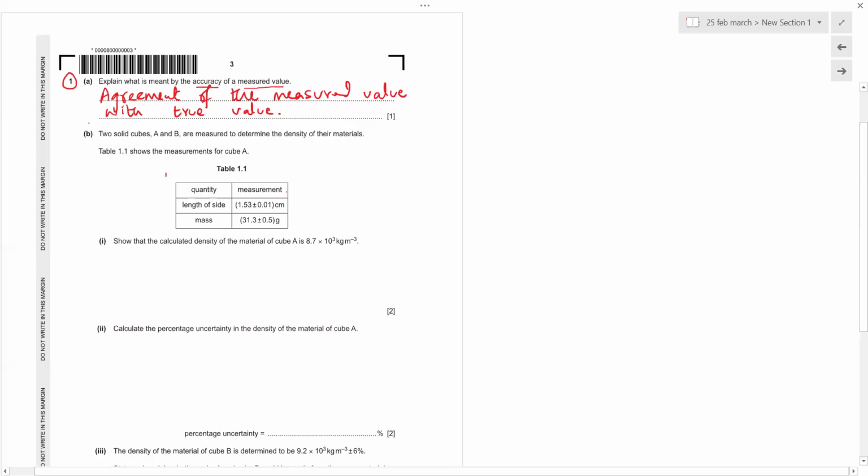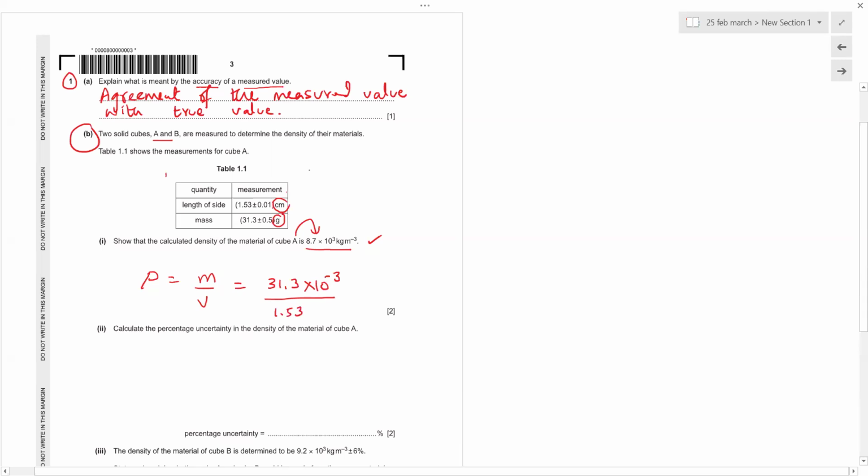Then part B says two solid cubes A and B are measured to determine density. Show that the calculated density of the material of cube A is 8.7 × 10^3 kilograms per cubic meter. So first thing is grams and centimeters are given. We have to convert them into kilograms and per cubic meter. Easy. Density is mass per unit volume. So mass is 31.3 × 10^-3 and volume is